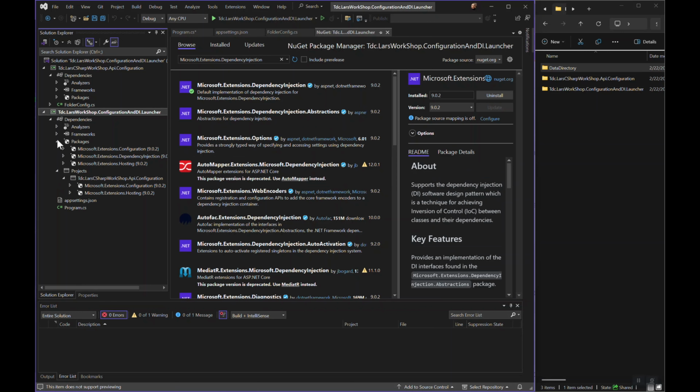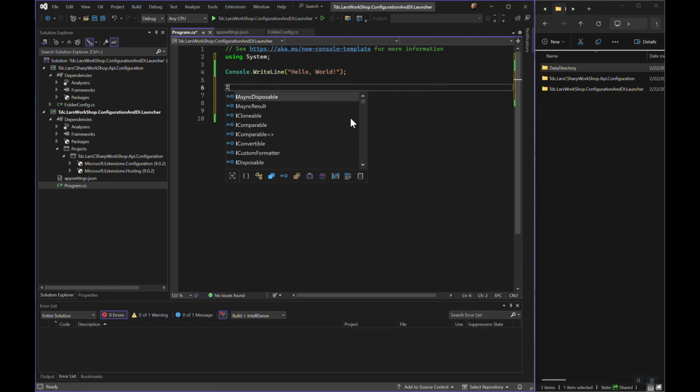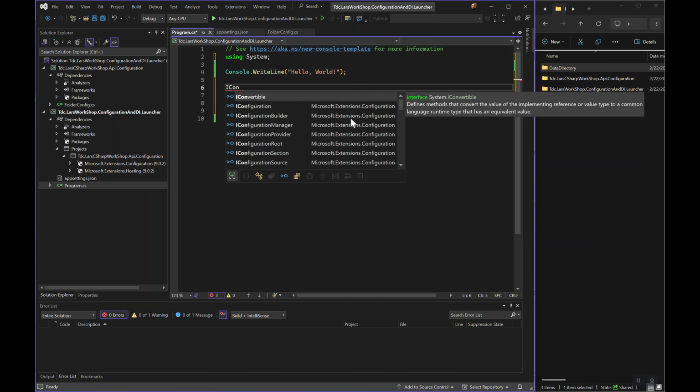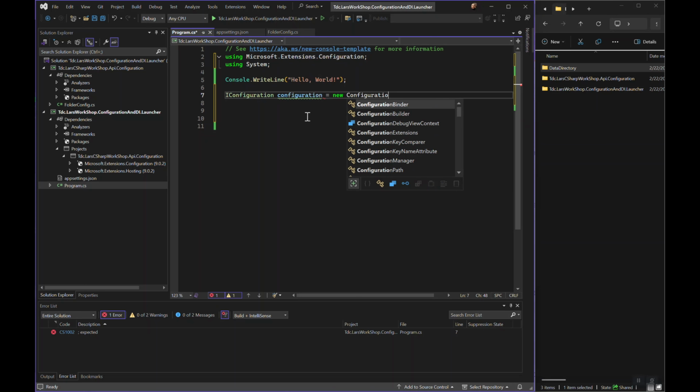Now, what I need to do here is we need to add in an IConfiguration, just like that. Notice we got the using statement at the top. If you would have had that turned off, you would not see that right now. And we're going to call this configuration, sorry, lowercase c. And this is going to get set to a new ConfigurationBuilder. The next thing we need to do, I'm just going to tab this over, is